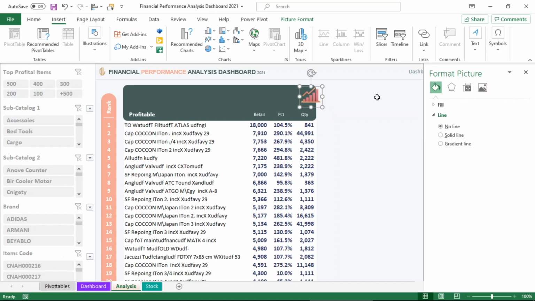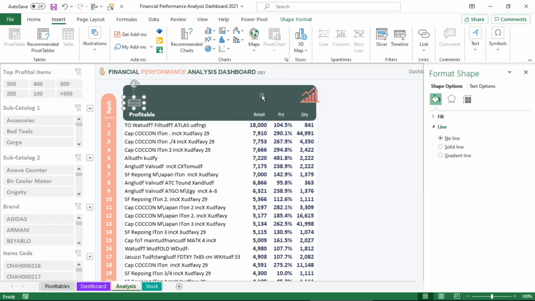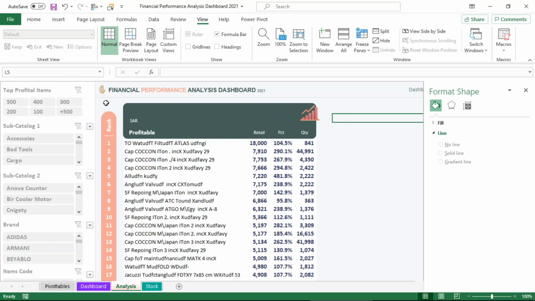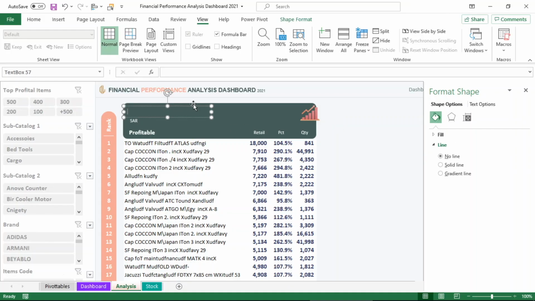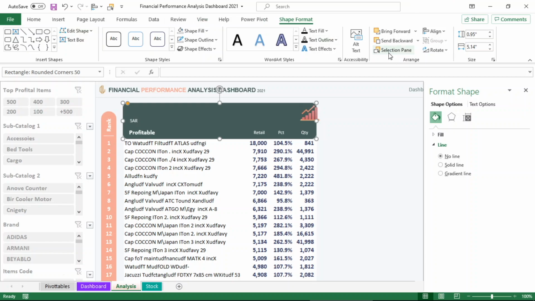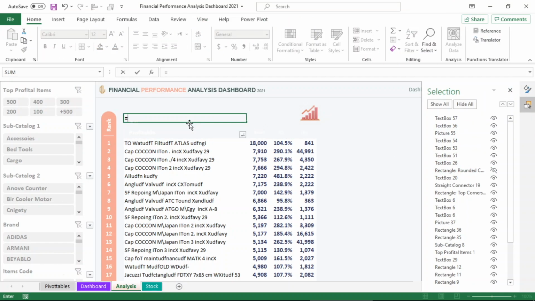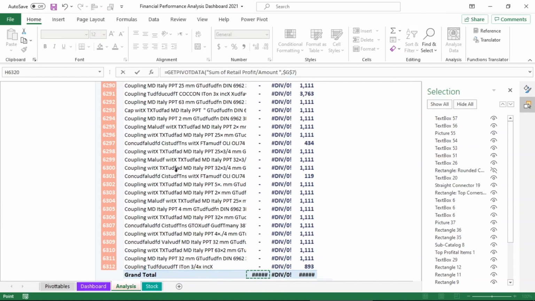Often when choosing 3D icons, try to place them outside the frame to make them stand out more. We need to show the grand total at the top instead of at the bottom of the pivot table, but to avoid any error that can happen, as we explained before, we will implement it in 2 steps. First, link the total value with a cell. You can put it in the back of the column header.